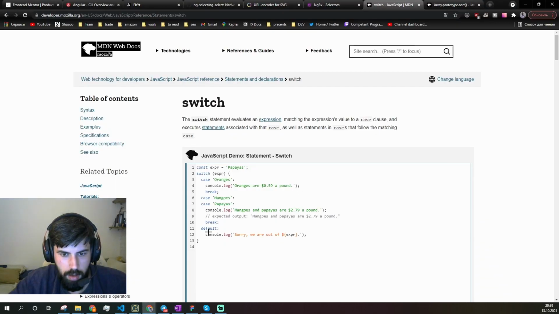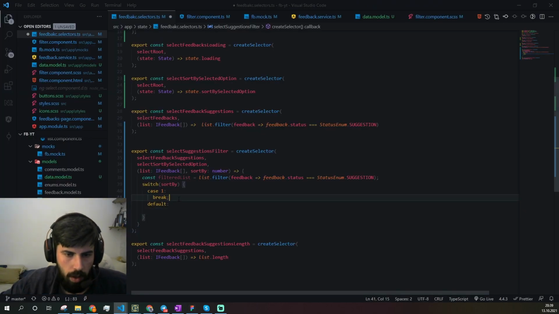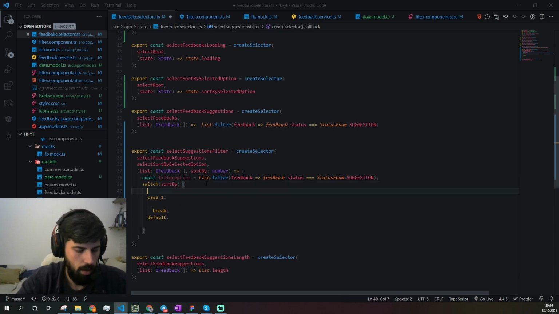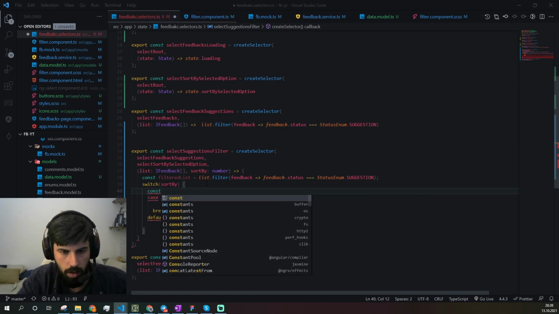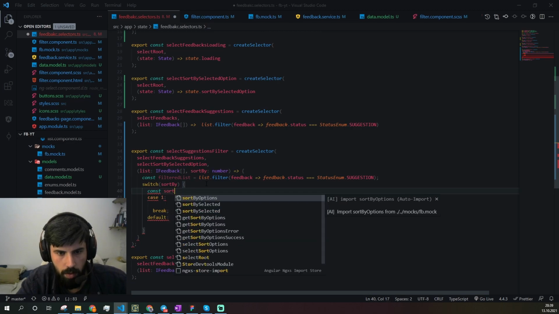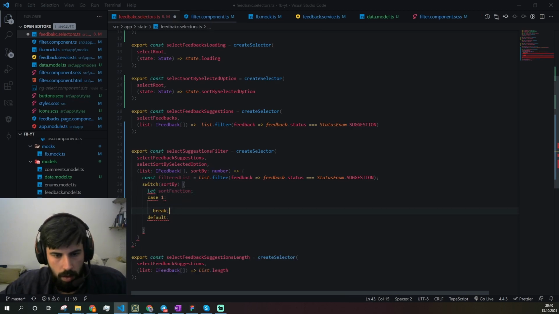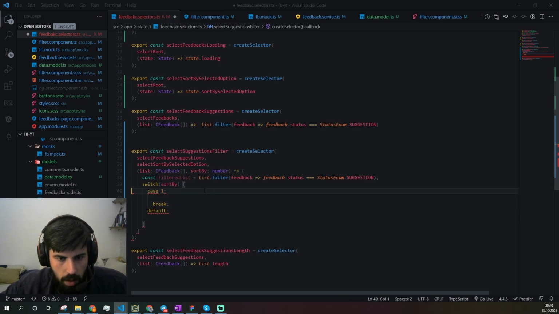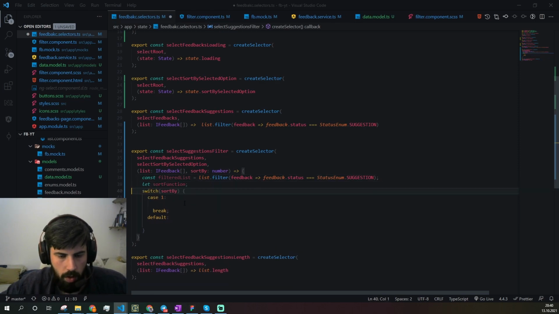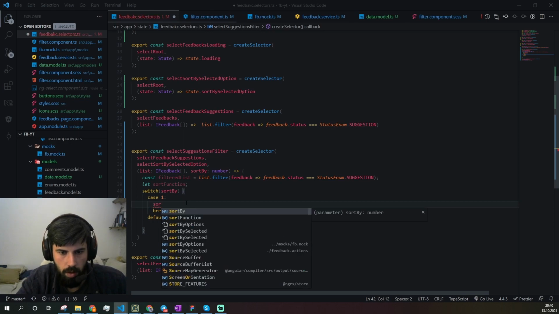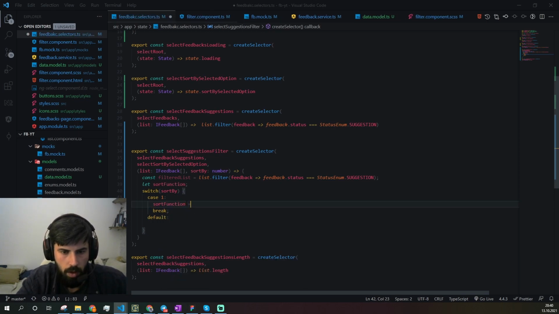Also we need to have default, and here we need to define a const sort function. Let it be let before switch, and here sort function equals